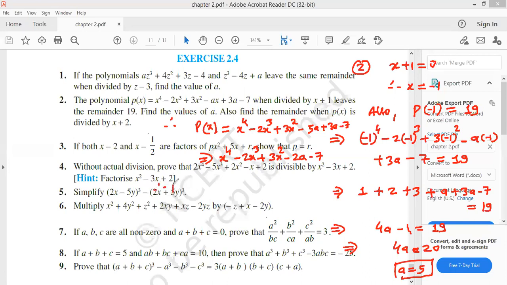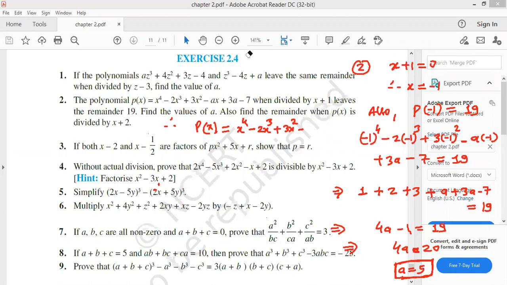Therefore, we have to find p of... Sir, it is not 5a. It is what? Sir, ax is there. I have taken 5a, beta, but the value of a is 5 now. We have found the value of a as 5. I have substituted the value of a as 5. Is it clear? And here, oh sorry, yeah. Here it will be 5a and here it will change, right? Here also we will keep the same value. 5a is clear? Just a minute.